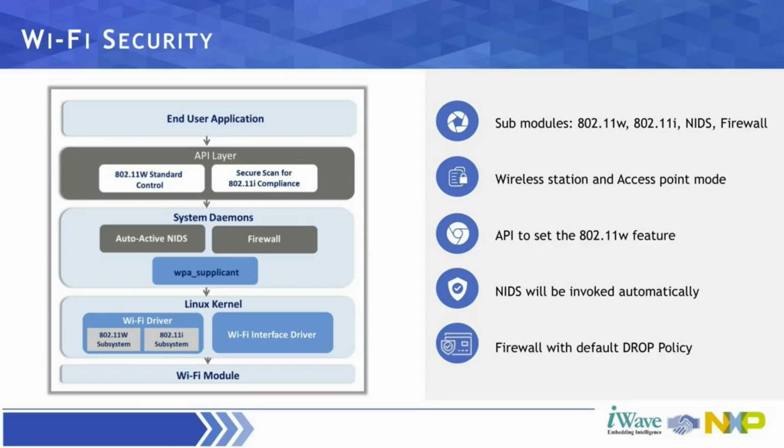And now coming to your network intrusion detection system and the firewall. This is implemented through the Snort feature. The Snort feature and the firewall feature are implemented as system daemons. The Snort daemon becomes active automatically whenever the Wi-Fi interface is up and running. This ensures seamless security and relieves the user from the task of enabling the detection system. Similarly, the firewall service is enabled when the system boots with a default drop policy, or it is highly configurable according to the user's system requirements.